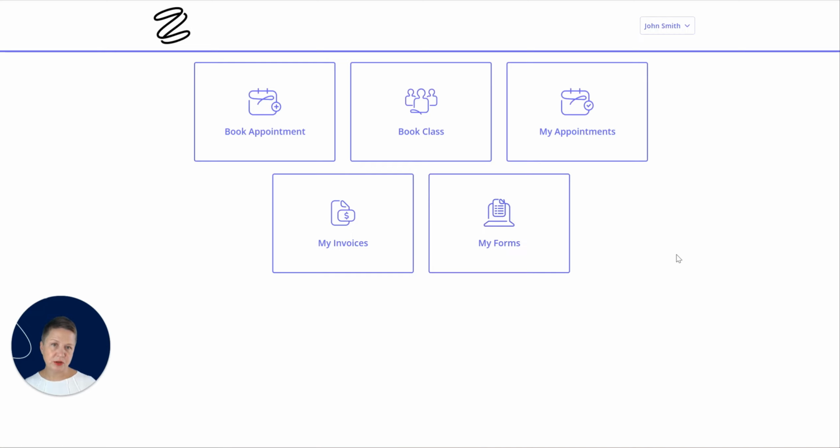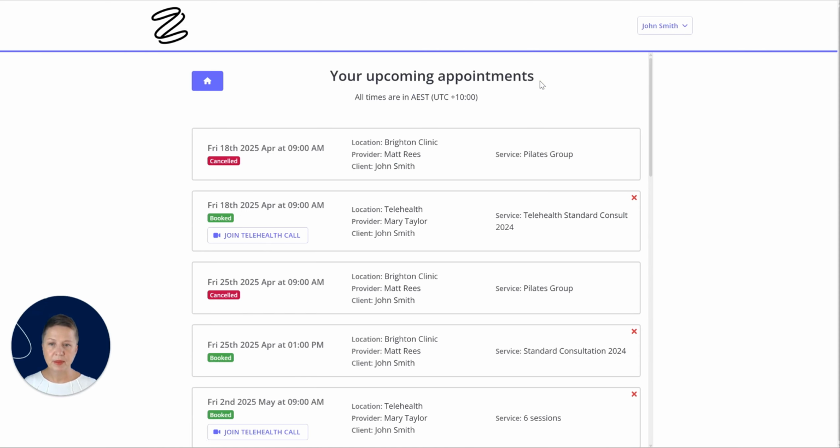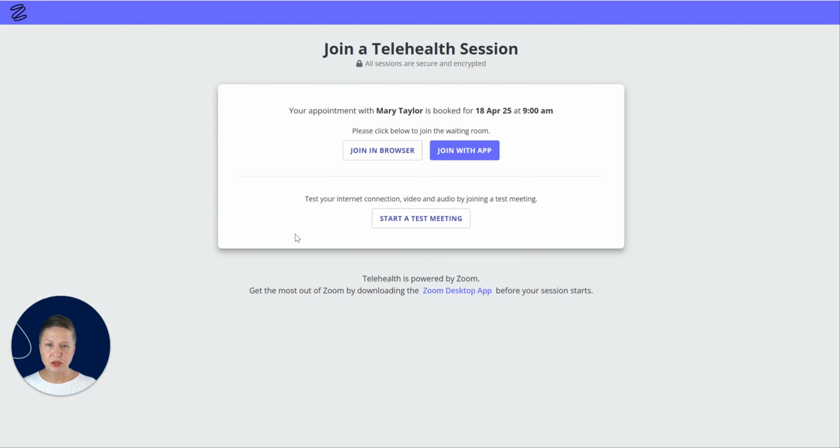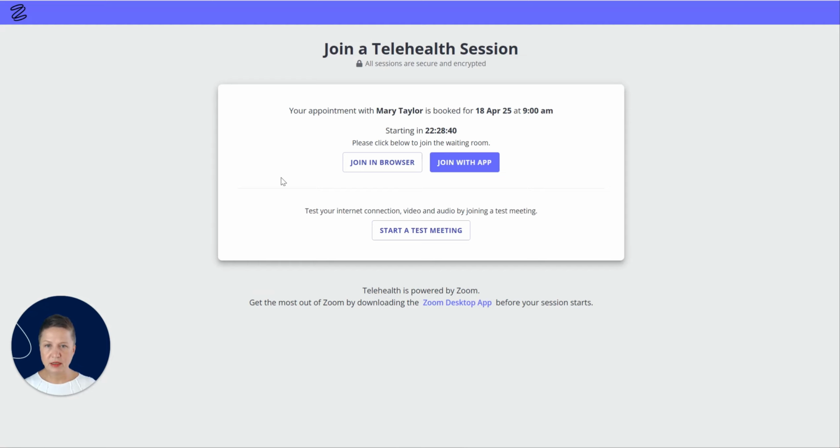So this is the experience of your client. They will log in to their client portal, and they need to click on My Appointments tab here. And they will see the list of upcoming appointments they have scheduled. So basically the list of all future dated appointments. And on their telehealth appointments, they will see this button, Join Telehealth Call. And all they need to do is to click it,